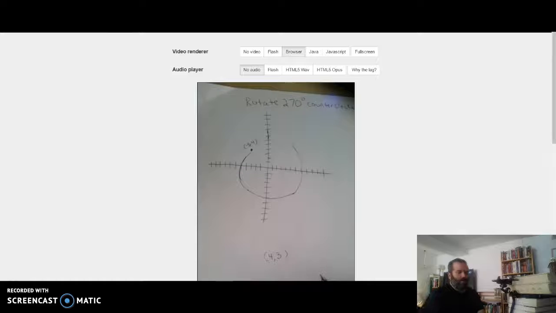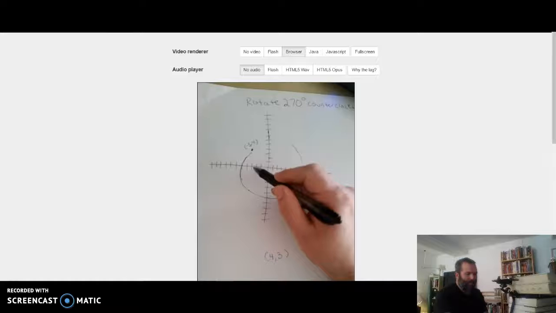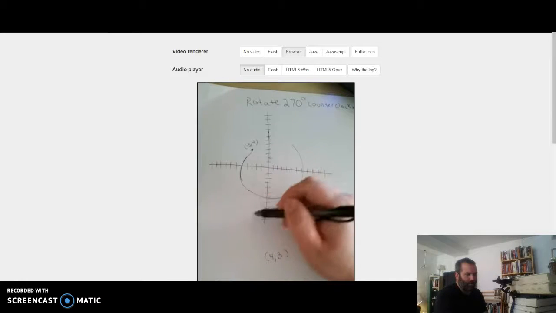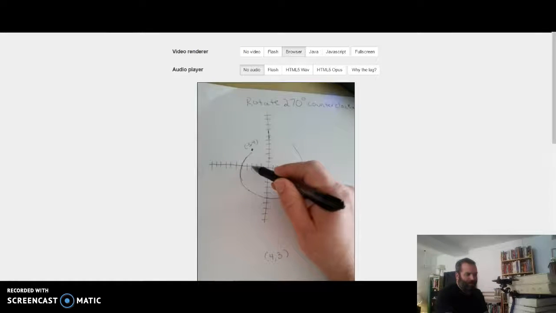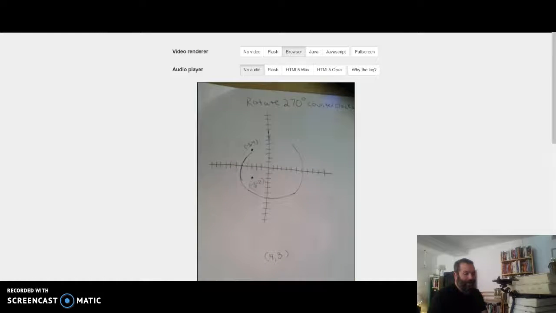Now, let me try another point, okay? Let's say we have a point that's down here in this quadrant. And let's say that point is -3, -2. -3, I go left 3, I go down 2. So that point's -3, -2. And I'm going to rotate it